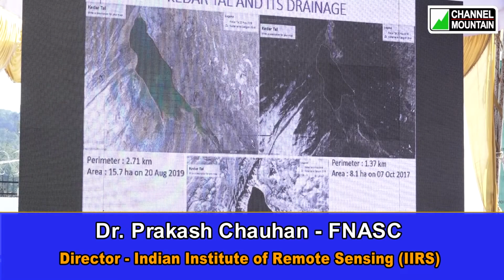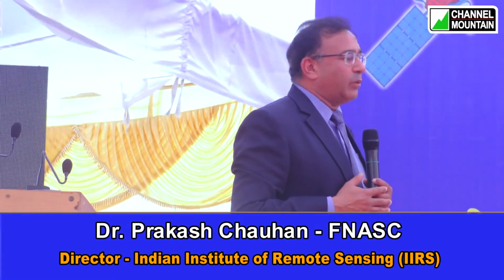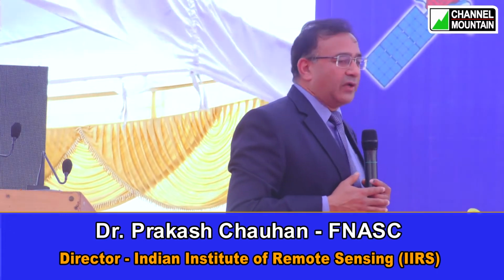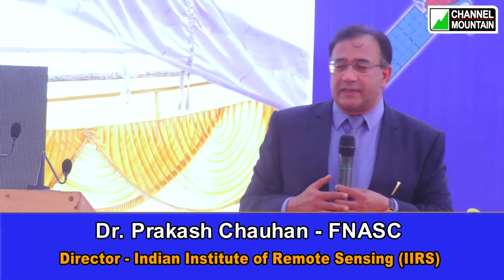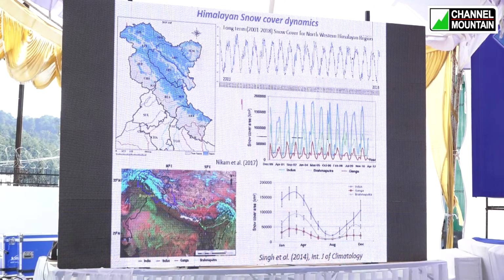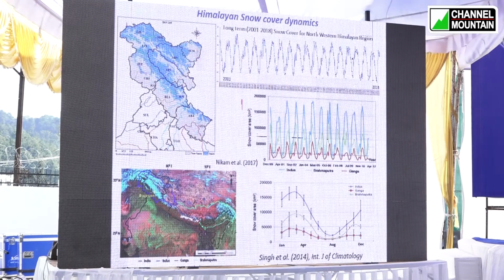Next slide. This is another interesting slide. I thought I would draw your attention to this. This is a glacial lake called Kedar Tal. It is just in front of Gangotri temple, and towards it there is a stream, I think Kedar stream. We keep an eye on this; our colleagues are regularly monitoring the snow cover products we have developed using various satellite data systems, and we have also estimated for which river basins the snow cover melt contributes significantly. It has been shown that for the Indus and the Ganga basins, the contribution of snowmelt is much higher compared to the Brahmaputra basin.